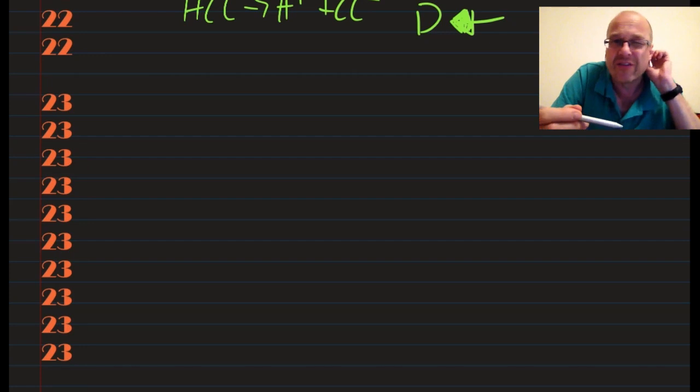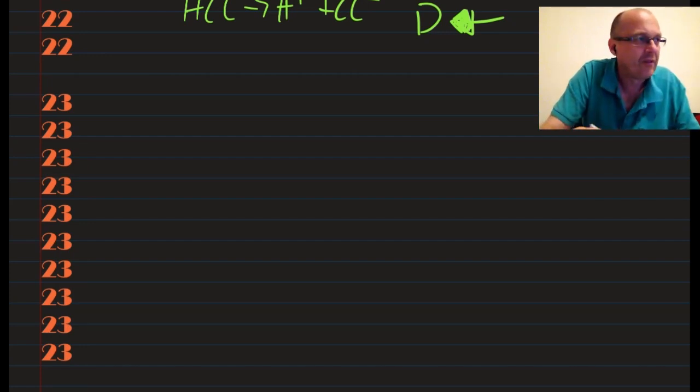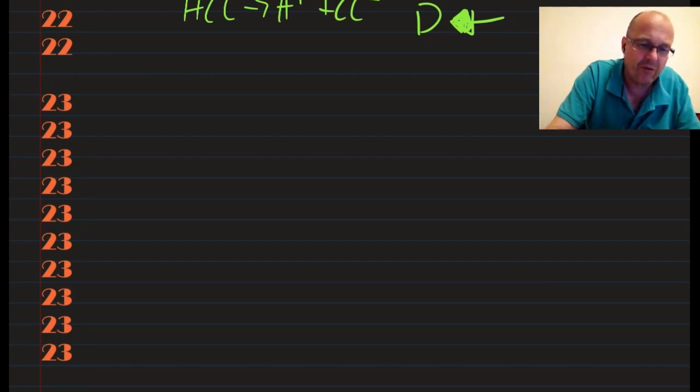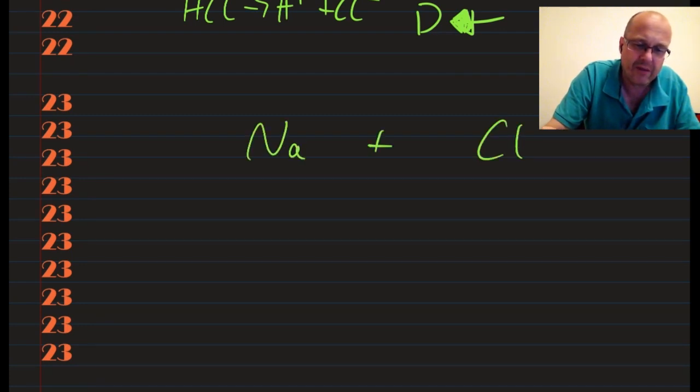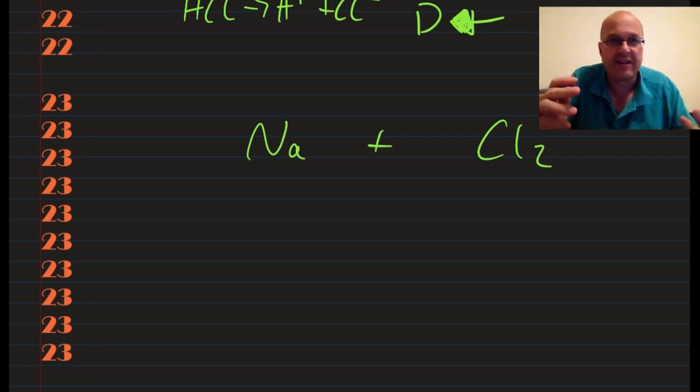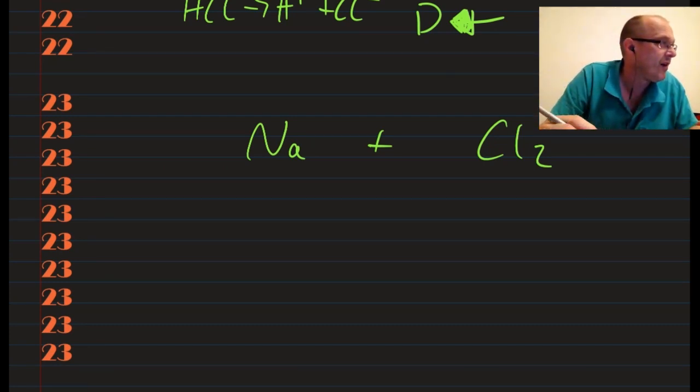Okay, so electrolysis in SL makes the elements. So if I'm electrolyzing sodium chloride, I'm going to make some sodium and some chlorine. If I wanted to make iodine and platinum, I would electrolyze platinum iodide. So the answer,